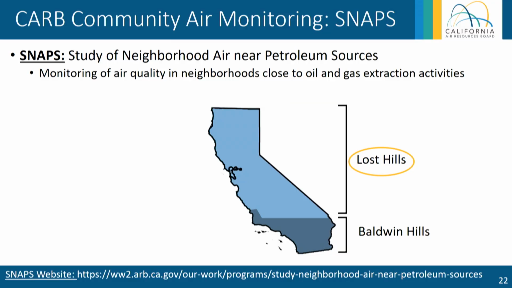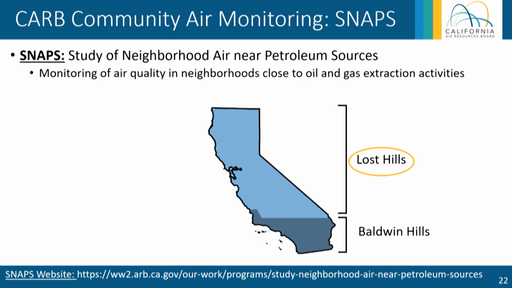And the first two communities that have been selected are Lost Hills and Baldwin Hills. Lost Hills is about 50 miles northeast of Bakersfield along I-5, and it's a small town. I think the town's about a mile square with 1,000 to 2,000 people living there. And they're about a quarter mile downwind of the Lost Hills oil field, which is the third largest oil extraction